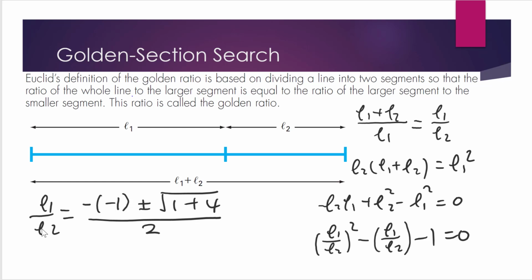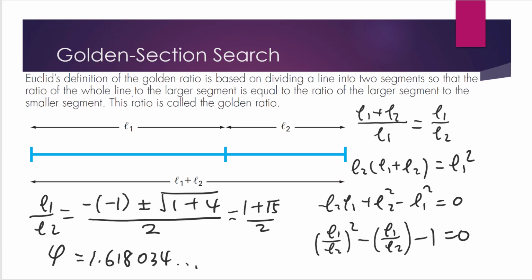L1 over L2 should be positive, so this should be 1 plus the square root of 5, over 2, which is 1.618034, etc. This value is called phi. It's the golden ratio. We will use this value when we use the golden section search method to find the local